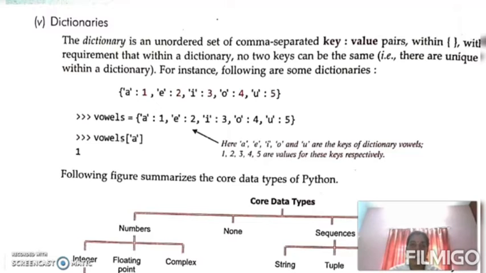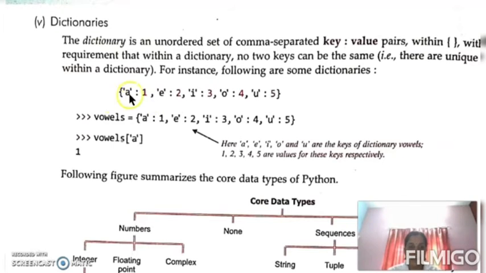Like that in our dictionary too, data are enclosed in this type of brackets which are known as braces. So in a dictionary data are enclosed in braces. In our maths we use these types of brackets known as braces. So in a dictionary, for a single element, two values will be there. That means for the first element, there will be two values. The first is known as key and the second is known as value. This key and value are separated by using a colon.